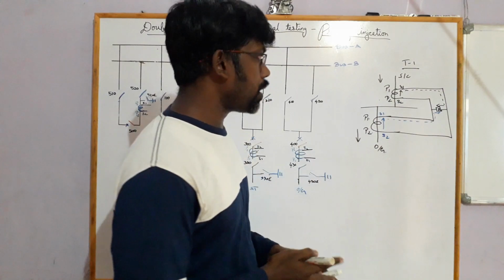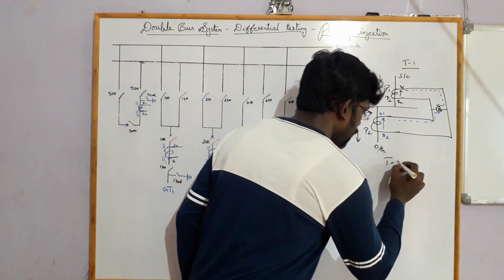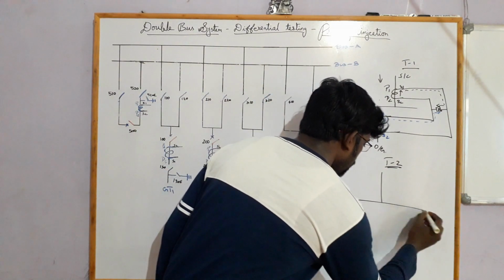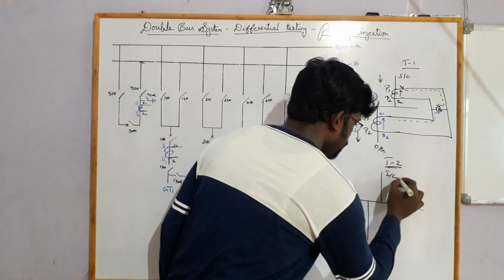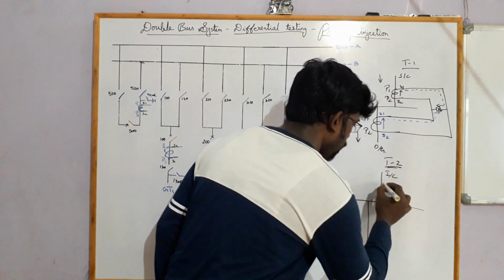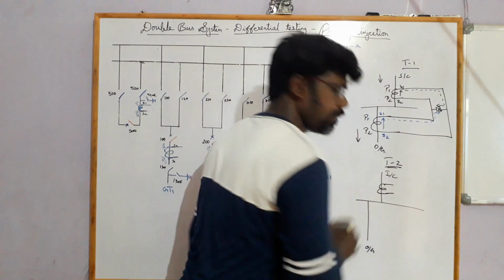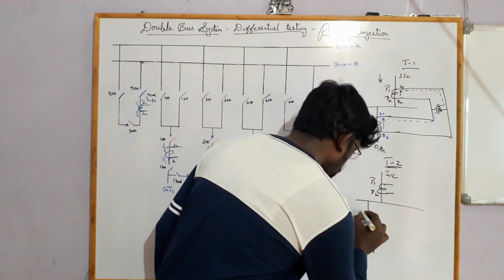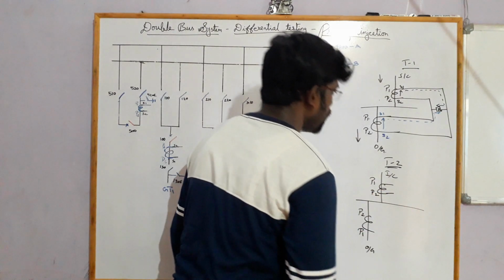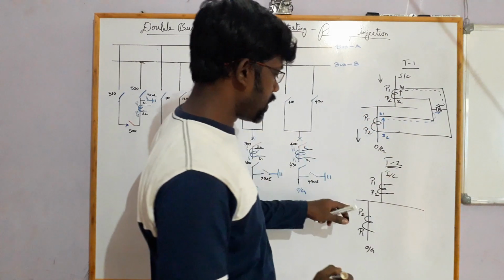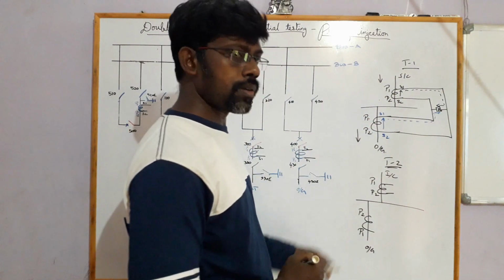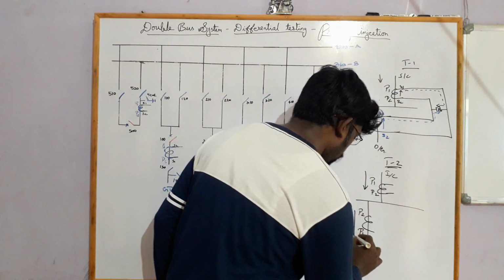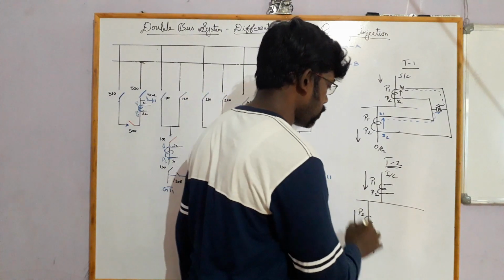Same way we have another type. It is type 2. In type 2, let us consider this is incomer, this is outgoing, and this is CT. This is P1, P2, P2, P1. Here P1, P2, P1, P2, but here the polarity is P2, P1. The current flow will be like this. For incomer, outgoing, the current flow will be like this from P2 to P1.